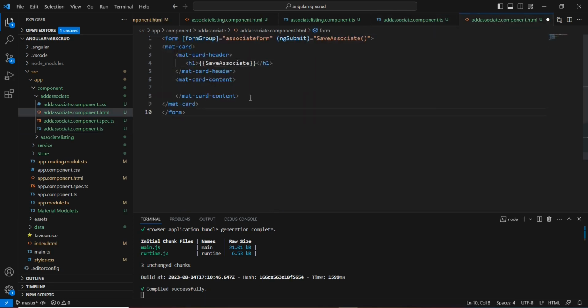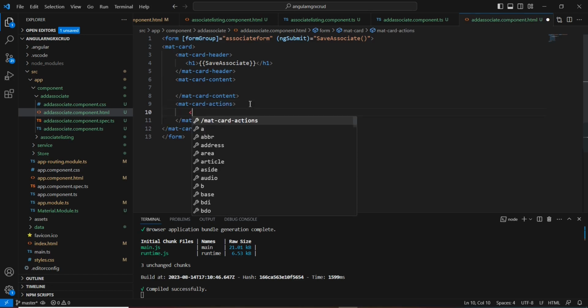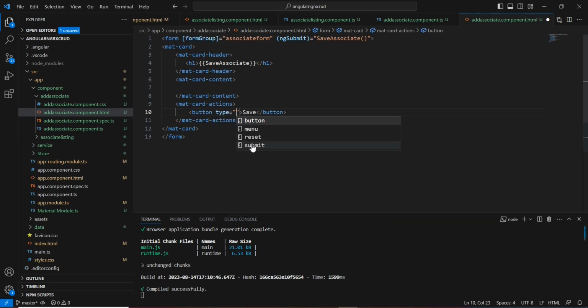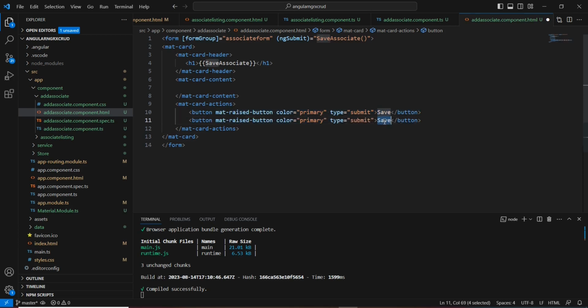And in this mat card content, we have to include all the form controls. At the end, we can include this mat card actions. Okay. So here I'm going to have two buttons. One is save and the type is submit. So this is also a mat raised button. So similarly, I'm going to have one more button. So that is for closing our pop-up. So the color we can provide accent. So let me save this one